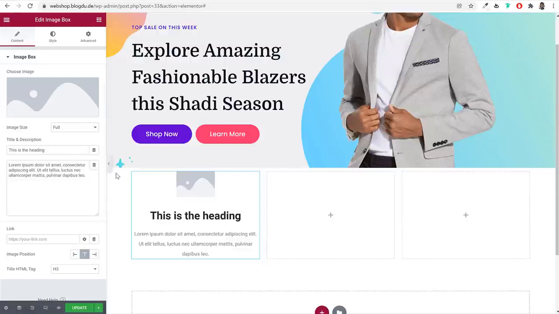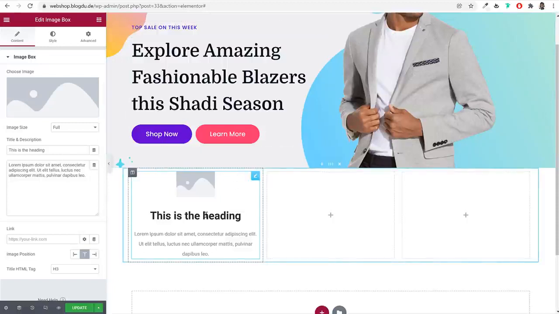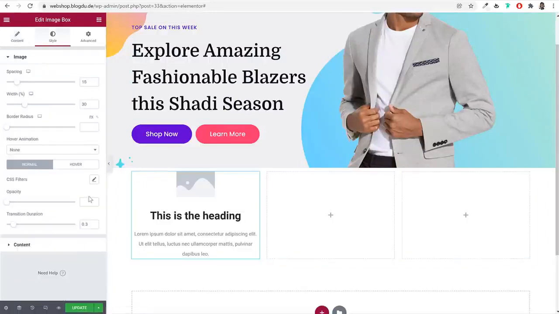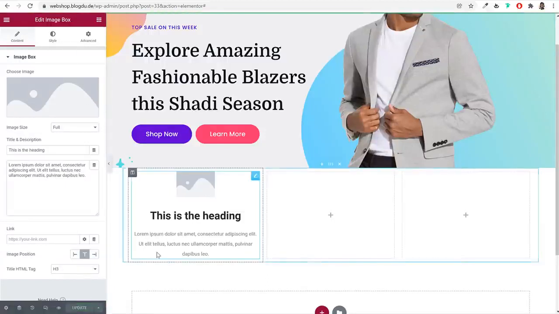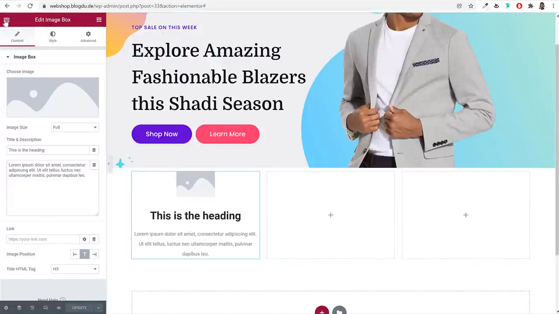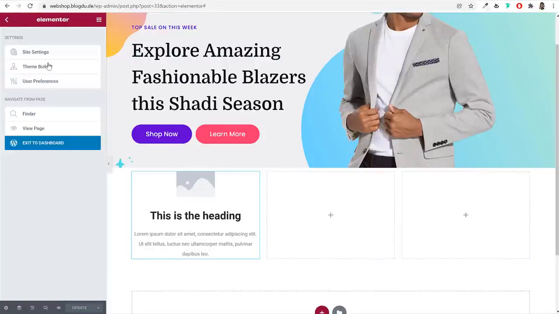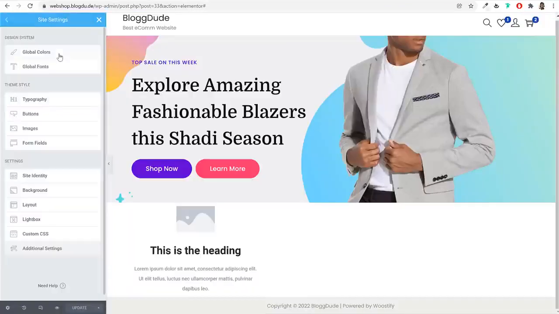Now, the very first thing that I want to do is change the global font family so that we don't have to change it again. For example, in this case also, we'll have to go to style, change the font family to Poppins or Domine and something like that. So we can actually do one thing first. Let's update this page. We can change the global font family so we don't have to do it again and again. So we can click on this hamburger icon, this 3 lines icon, click on site settings and select this option,